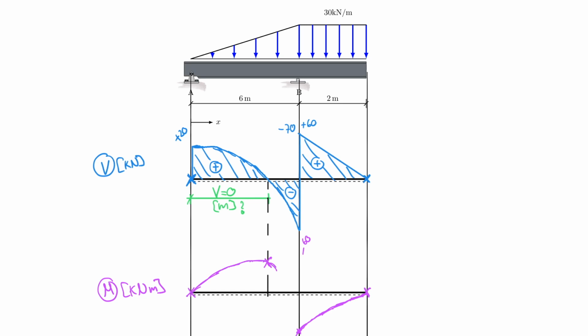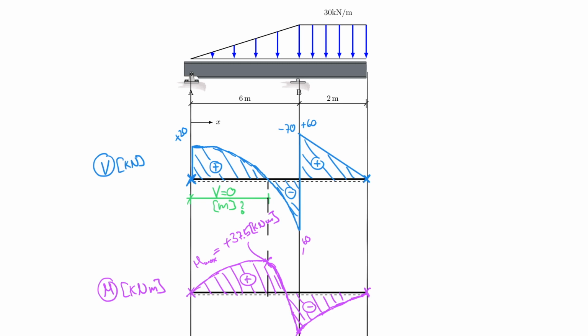And then I have to go down here with that very same logic. And so here I have a positive region, here I have a negative region. And now I already calculated the maximum value for you, which I keep a mystery how I did that so fast. But I will tell you that that maximum moment is plus 37.5 kilonewton meter. And now I have all my significant values described, and I can consider that problem solved. And I say it again,